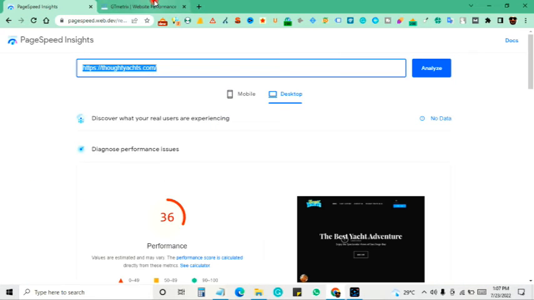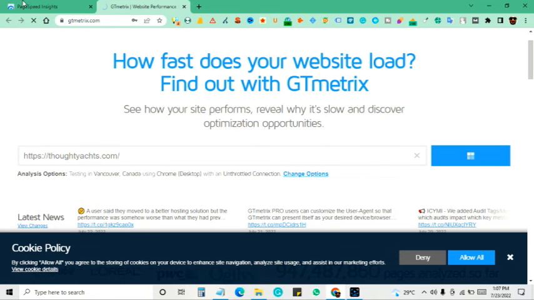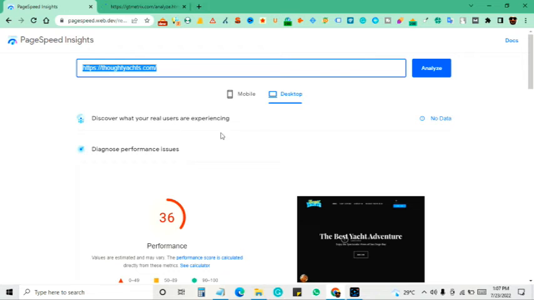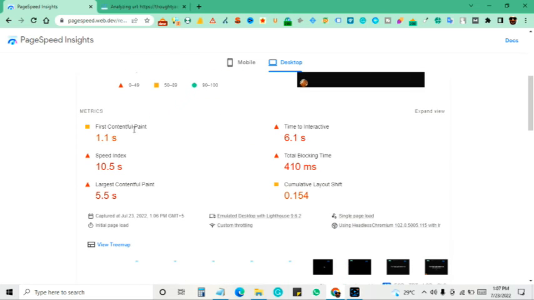Let me just copy the URL. So test your site. Okay, so our report is now ready. It says the desktop version has the 36 score and it's below average. If it's green, which means your speed is between 90 and 100, this is the great score if you can achieve. Now there are a few things like the first contentful paint, the speed index,